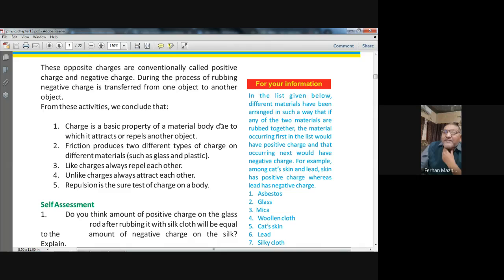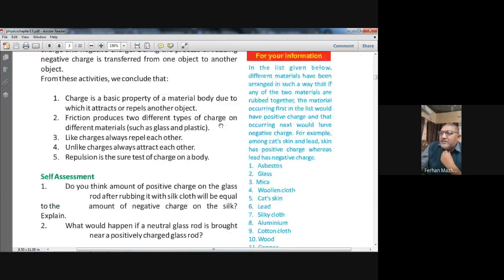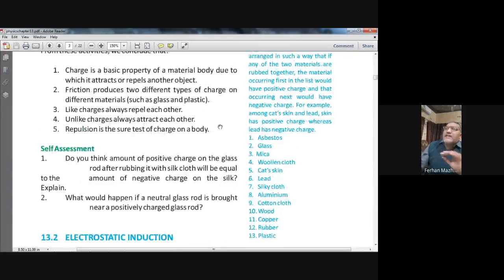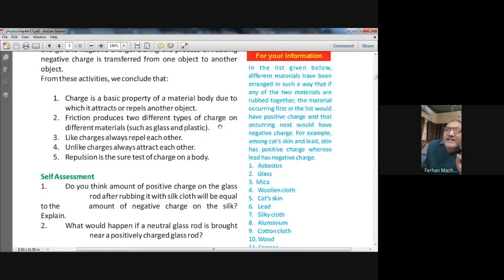Okay, here you can see we have a list. I don't know if it's visible to you. In this list, we have 12 names, 13 names. In the list given below, different materials have been arranged in such a way that if any two materials are rubbed together, the material occurring first in the list would have positive charge and that occurring next would have negative charge. For example, among cat skin and lead, skin has a positive charge whereas the lead, what